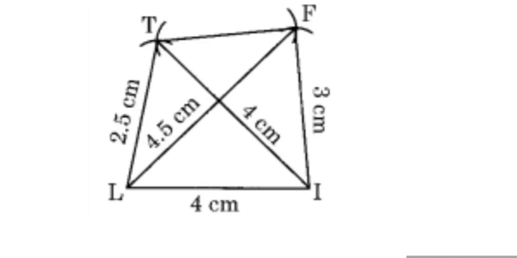Now draw another arc of radius 2.5 centimeter taking L as center and 4 centimeter taking I as center which intersect at T. Now join TF, TI. Now this is the required quadrilateral